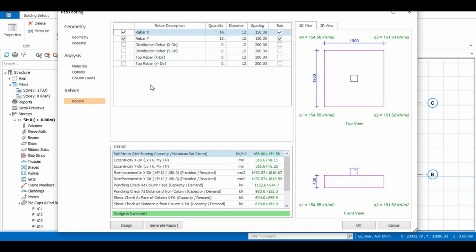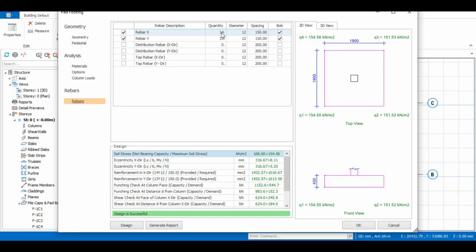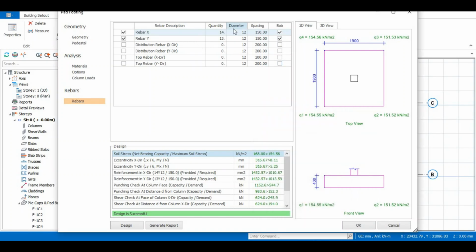So now what I want to do is I can go back to the geometry, and then you see this is 1900 by 1900. The Rebar says 14 quantity on the x-axis and 13 quantity on the y-axis. Now if I use my calculator to divide 1900 by 14, you see that we are getting 135. And what does this mean? This means that it's not really possible for you to arrange 14 bars on a 1900 long or wide base,